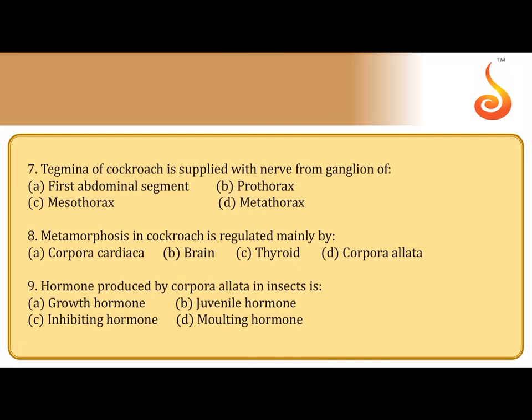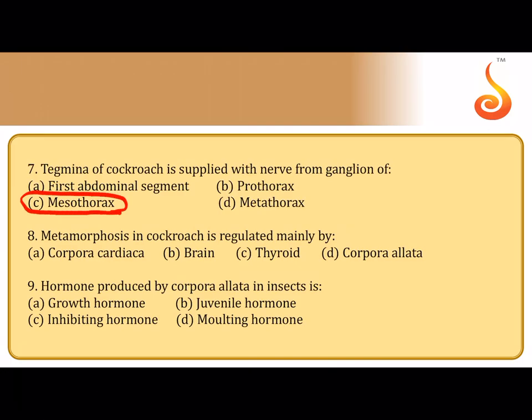Then tegmina of cockroach is supplied with nerve from which ganglion? From mesothoracic ganglion. In the thorax there are 3 ganglia, one in the prothorax, one in the mesothorax. Prothorax is the first thoracic segment, mesothorax is the second thoracic segment, metathorax is the third thoracic segment. You all know I had shown you, if this is the head of the cockroach, we had